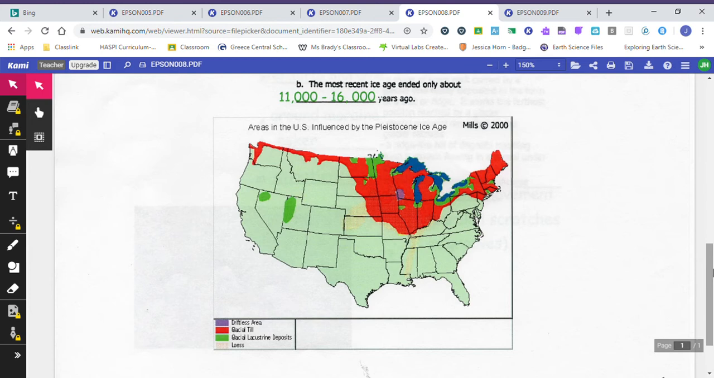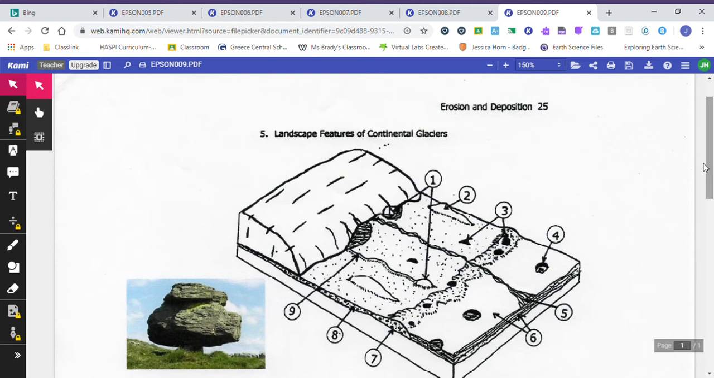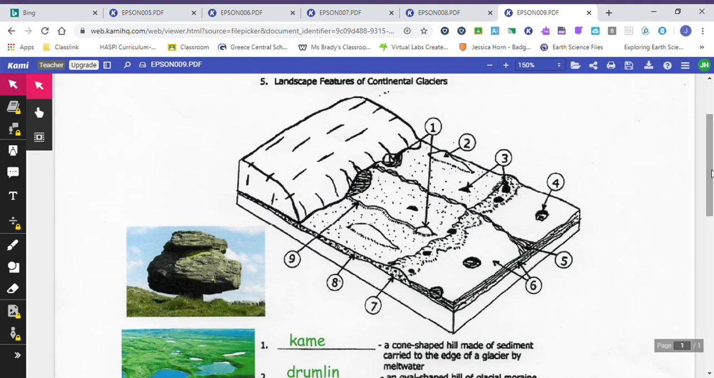And on my last page of notes, it is simply a diagram to label. The first thing on the diagram is actually not something I've defined in the notes yet. So this is going to be a new word. So number 1 is here, and it looks like a little hill. And number 1 is called a kame. It's actually a cone-shaped hill